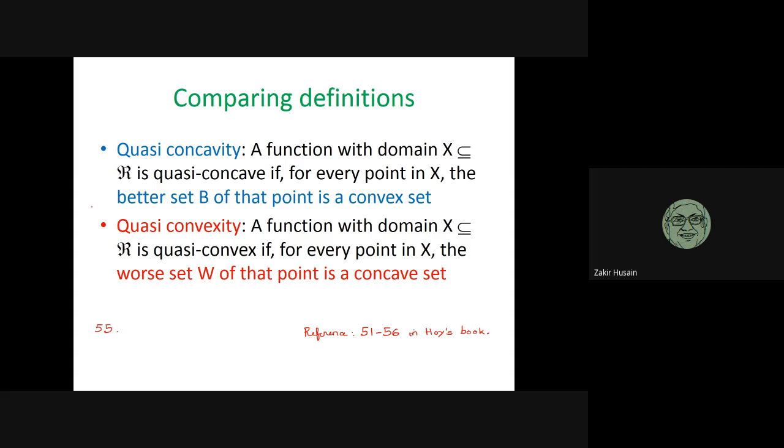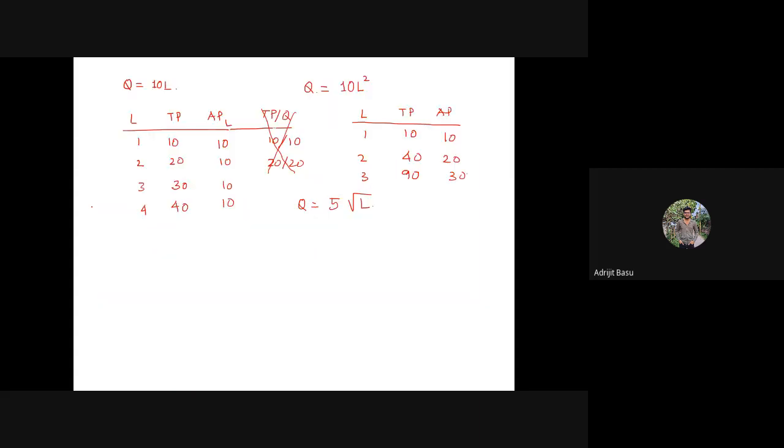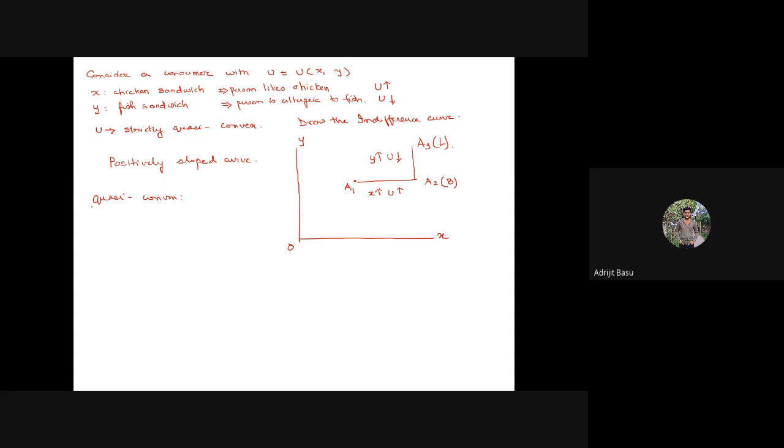Yes, sir. Look here. Oh, acha, acha. What set is a concave set? Oh, sorry, sir. Actually, I got a bit confused. So this is the better set. You actually need a worse set. Actually, it's better if you keep that in mind when you're drawing it. So it would have been better if you had gone for an increase in fish first, moved up like this.